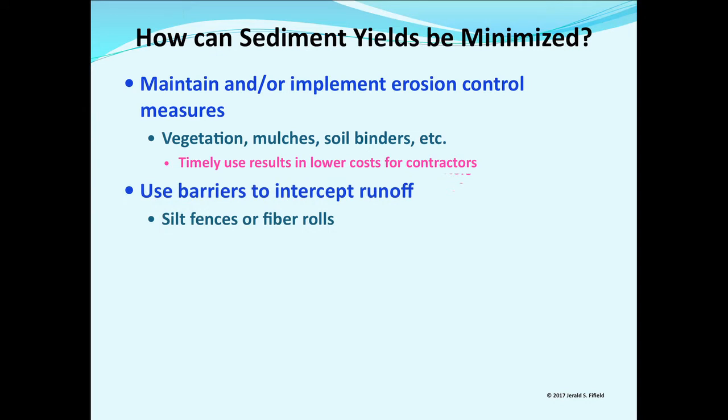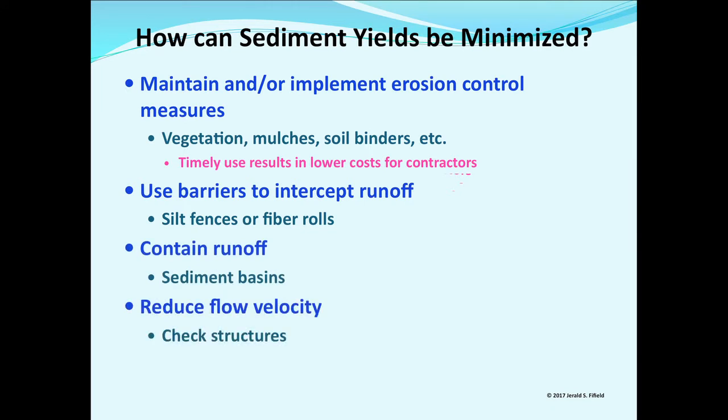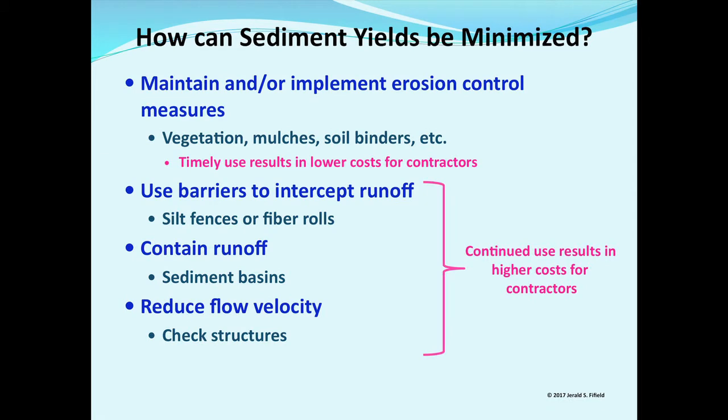Barriers to intercept runoff, sure. Silt fence, fiber rolls, we see them here. You're going to contain runoff. You have sediment basins, sediment traps, to reduce flow velocity. All these are the barriers. But if you notice, there are really very few techniques out there. And somehow we've got to get it so we can model that as much as we can. But if we continue to use fiber rolls and silt fences,